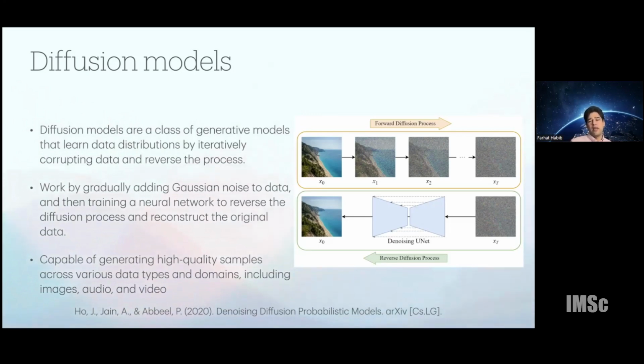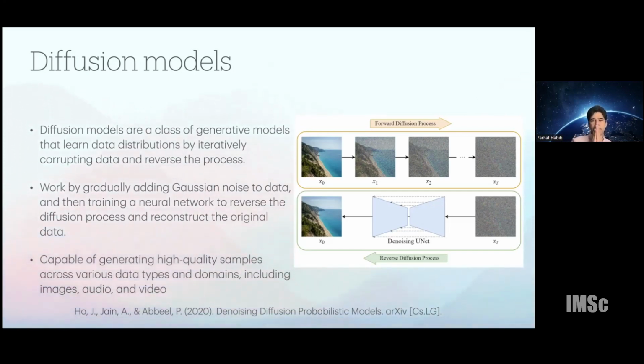So diffusion, as you know, is simply a process where you can take a data point and corrupt it using, say, a Gaussian noise. And eventually, if you do it a large enough number of times, you end up with pure noise. So the top row of images here indicates a forward diffusion process.